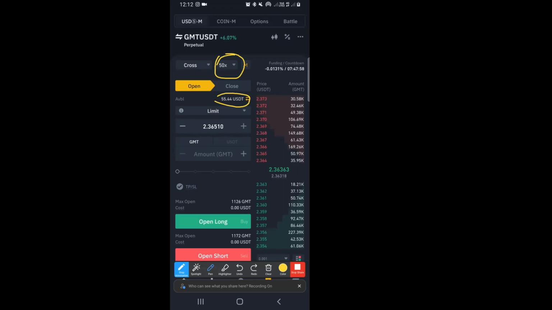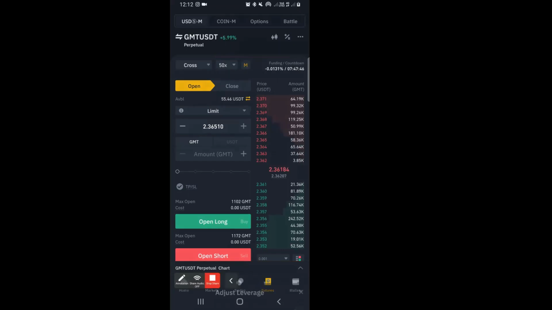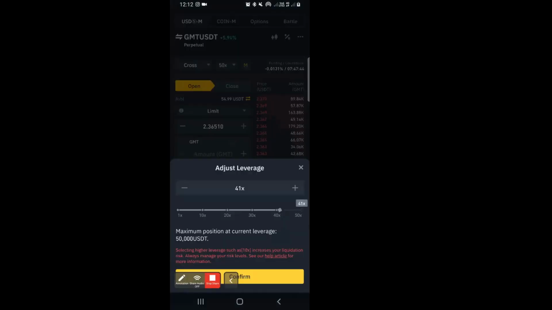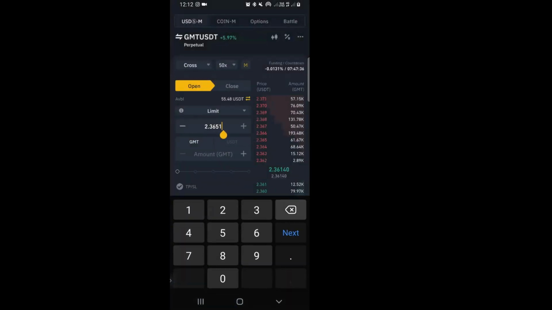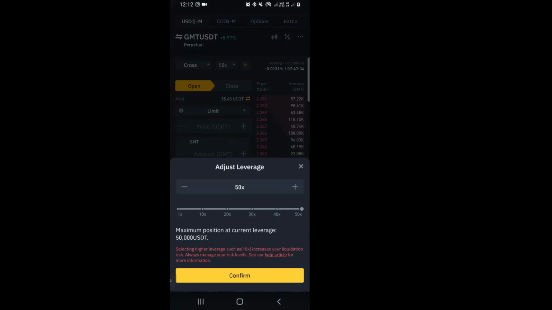That $100 I had, I transferred to my futures, 100 times 50. Because it's not set like this automatically, you have to set it by yourself. If you click on it, if I use 1x here, for example,